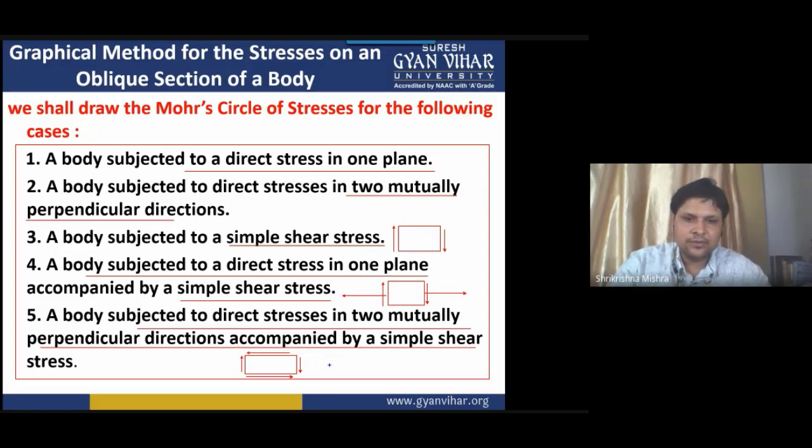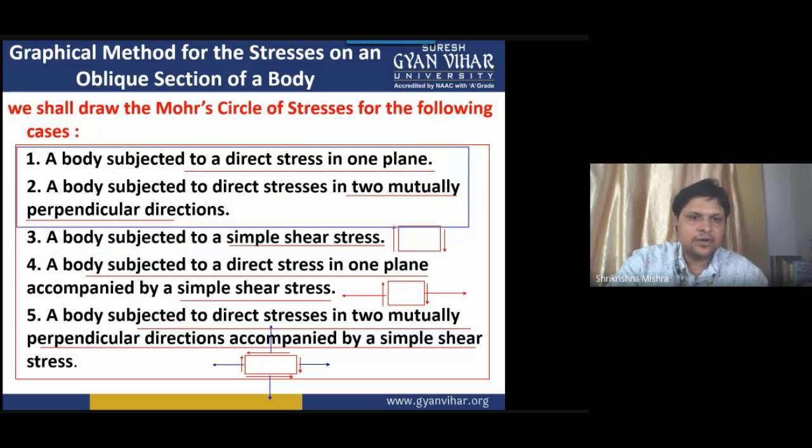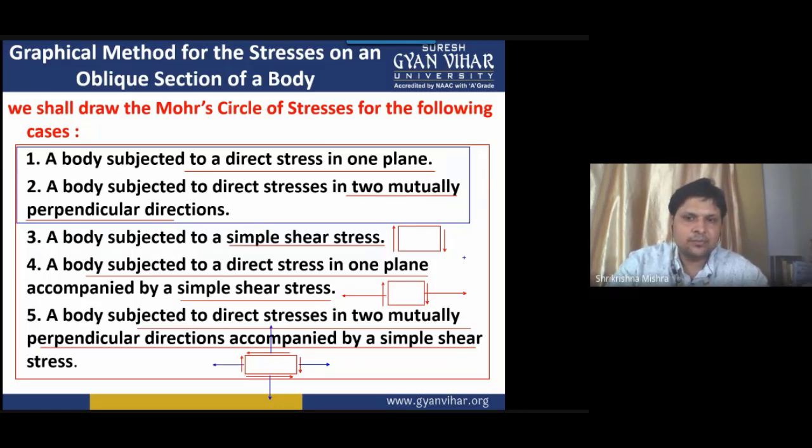Along with this, you have loading in two directions. You have normal stresses acting along two directions, in this direction and also in this direction. Such cases come under the complex stress cases. So let's see each of these. The first two I have already completed in the previous video lecture. By Mohr circle, I told you how we calculate the stresses on an inclined plane when there is only direct stress along one plane, and the second case, biaxial loading, we have also discussed.